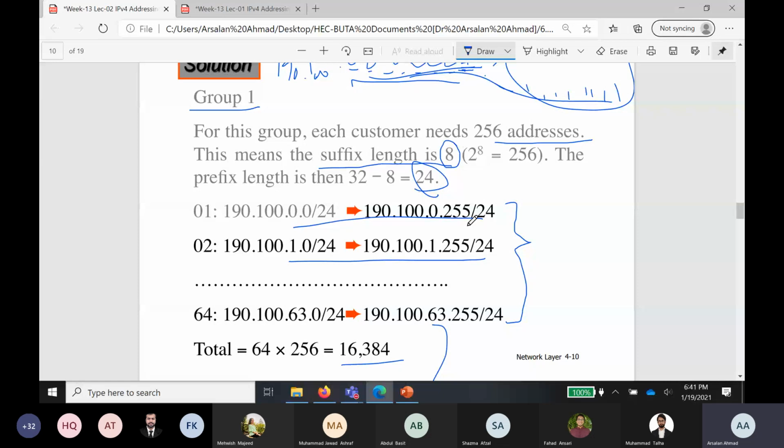ओके राइट। सो आप ये कह रहे हैं कि अगर कोई एड्रेस आता है जो कि इस रेंज में आता है, फॉर एग्जांपल एक राउटर के ऊपर एक पैकेट आया और उसमें डेस्टिनेशन एड्रेस लिखा हुआ है, लेट्स से 190.100.1.77, सपोज कर लें ये है, ठीक है? अब हमें देखने से तो पता चल रहा है कि ये इस कस्टमर का नहीं है, ठीक है ना? ओके, लेट मी शिफ्ट बैक इनटू इंग्लिश, दिस पार्ट ऑफ द क्वेश्चन इज इंटरेस्टिंग।